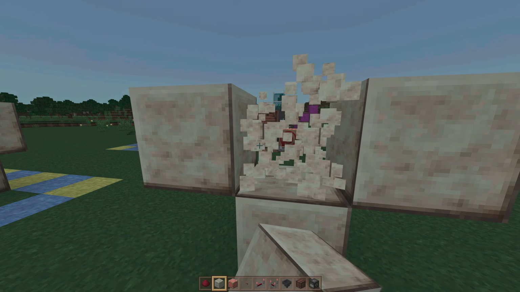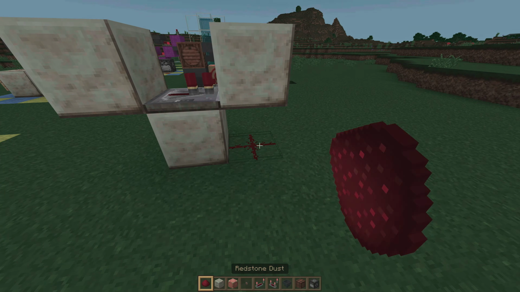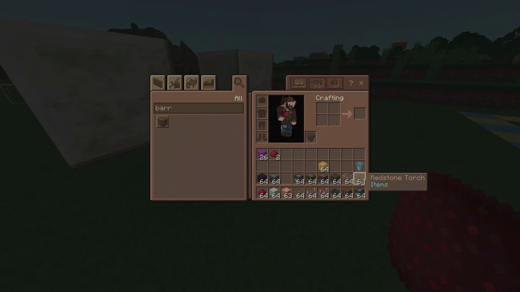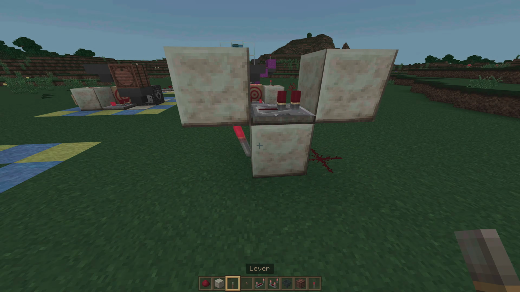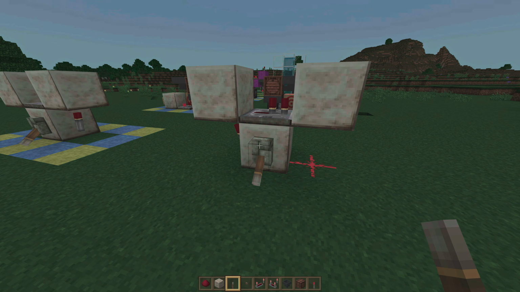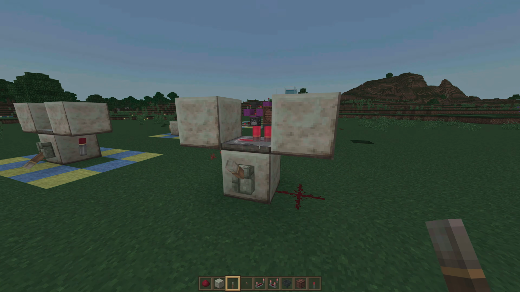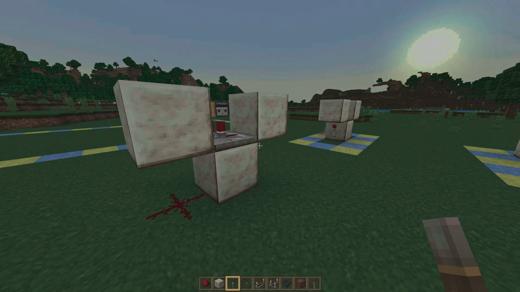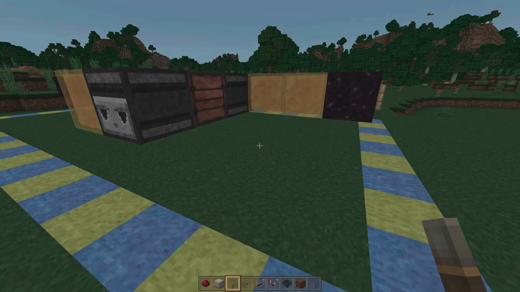You're just going to build up this T shape and knock out this middle block, place down a repeater going in any direction. To the front of that repeater, you're going to want to place a piece of redstone dust. And then on the back of this block, you're going to want to grab yourself a redstone torch, place it down into that, and then a lever on the side for you to control it, as shown here. Once you have this lever in place, you can turn it off and then also on to control the state of this. This is an incredibly simple and pivotal piece of redstone circuitry and is one of the more reliable circuits that won't accidentally burn out or break should you accidentally unload the chunk.